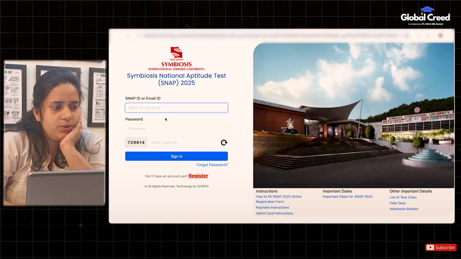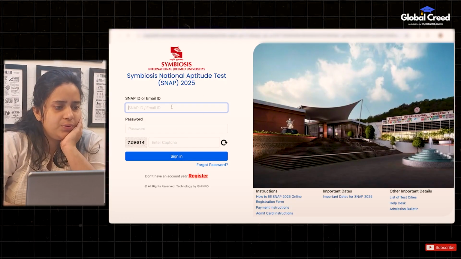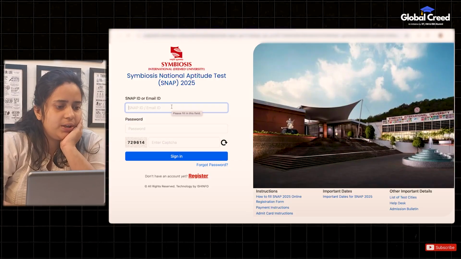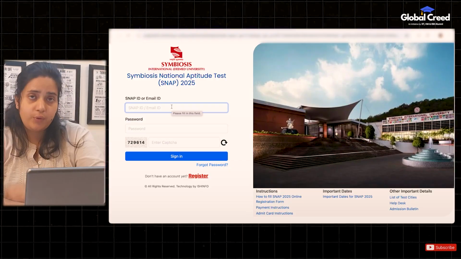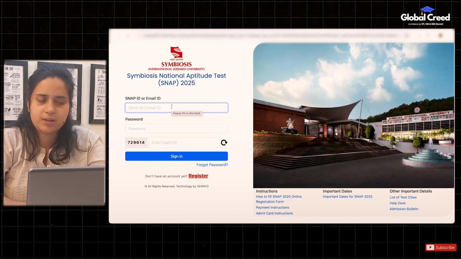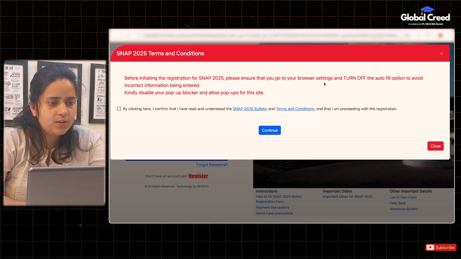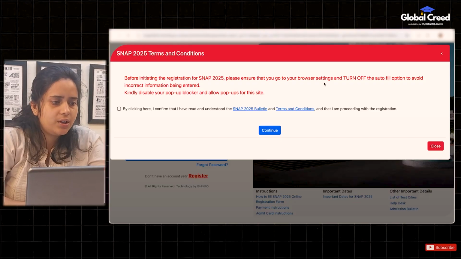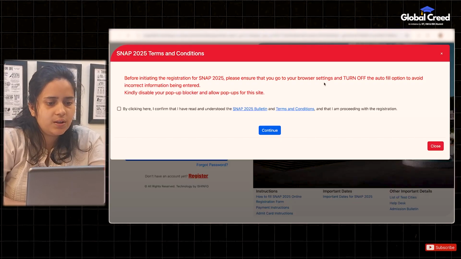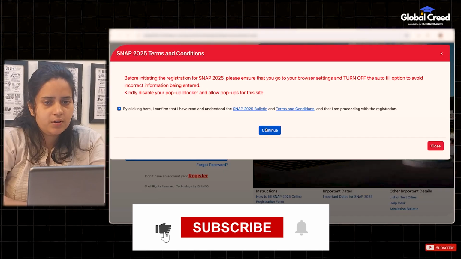So let's say if you have registered last year, you can use that ID and password. If you are appearing for the SNAP exam for the first time, obviously you have to register and create an account. You would have some terms and conditions, so you have to read the terms and conditions for your SNAP exam.